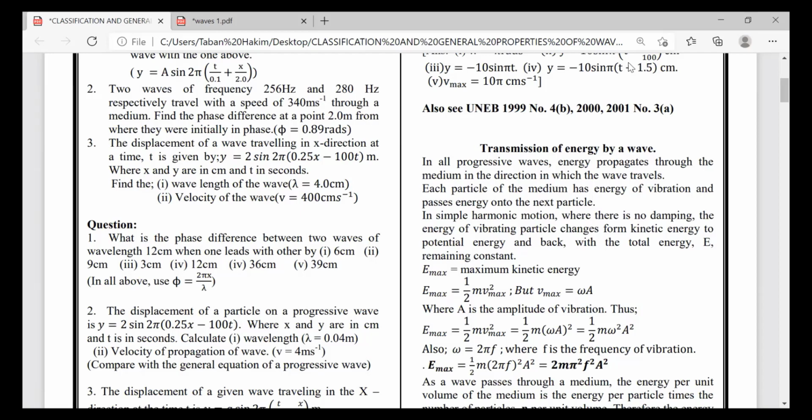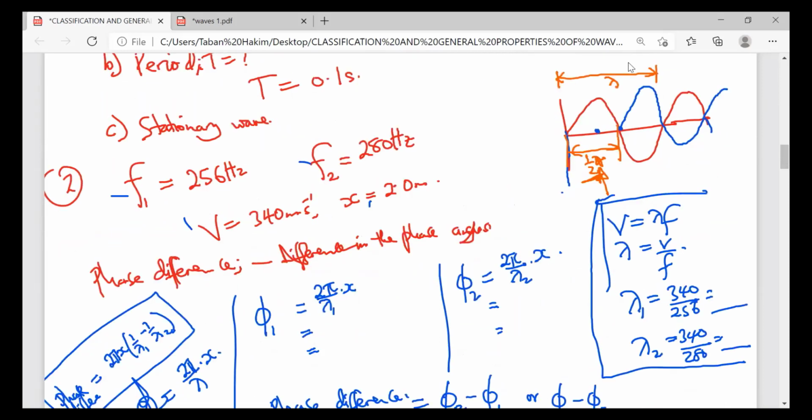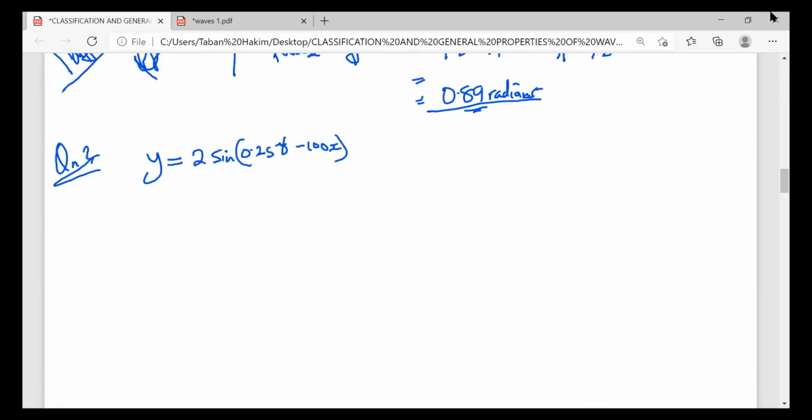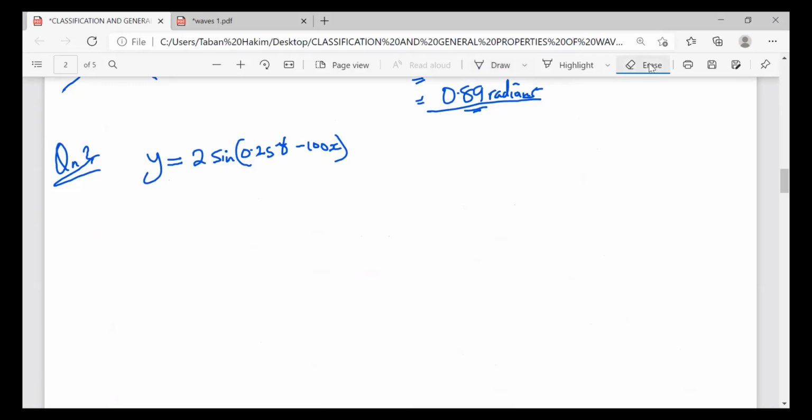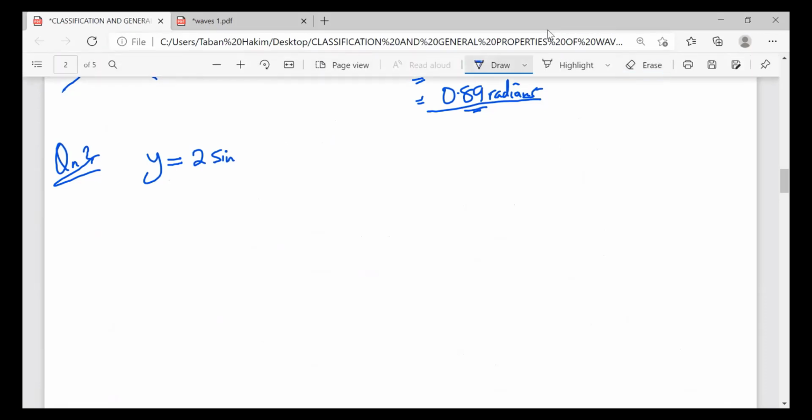I wrote it somehow different. 2 pi. Okay, let me repeat. It was 2 pi into 0.25x, then minus 100t. So part A was saying find the wavelength, and part B was saying